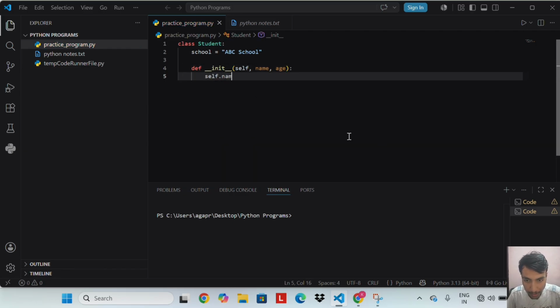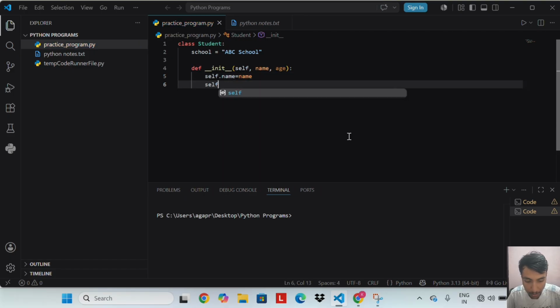Self dot name equal to name. Self dot age equal to age.